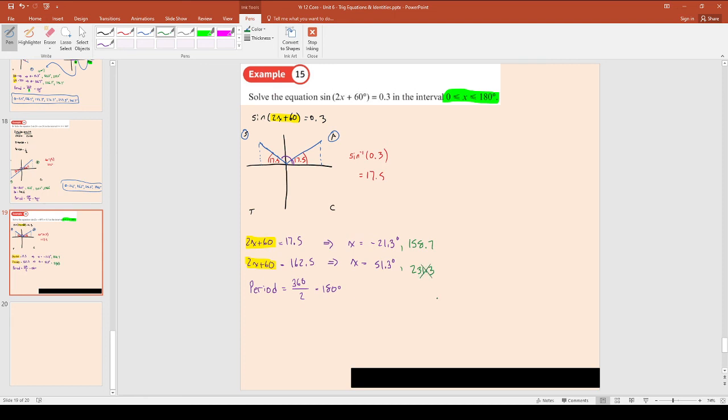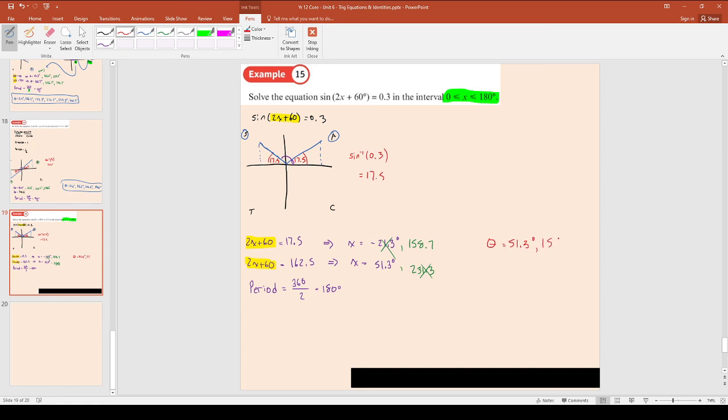So weirdly enough, because of the shifts and because of everything weird about this function, it doesn't have the 4 answers that you'd expect. It only has 2. All the ones that are out of the range, get rid of them. It only has 2 answers. The 2 answers, buddies, are simply these two. Theta equals 51.3